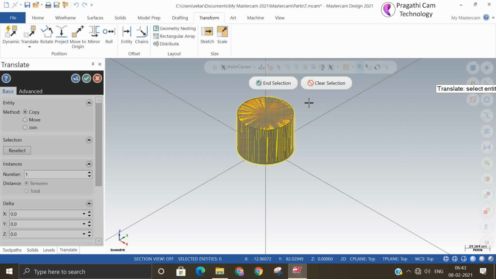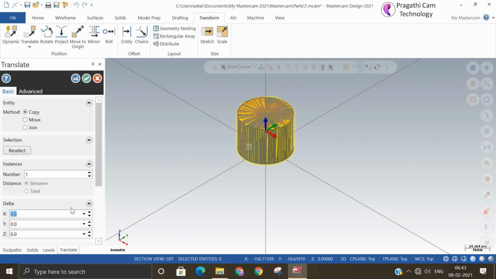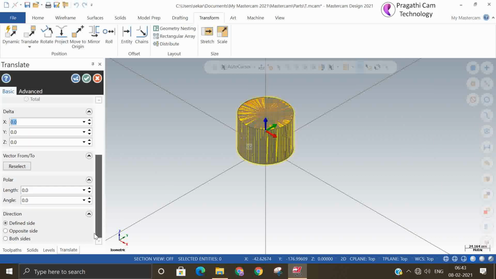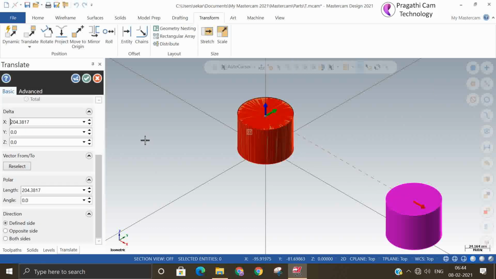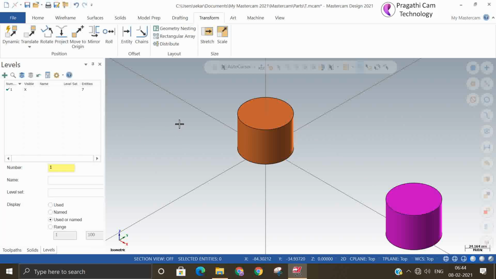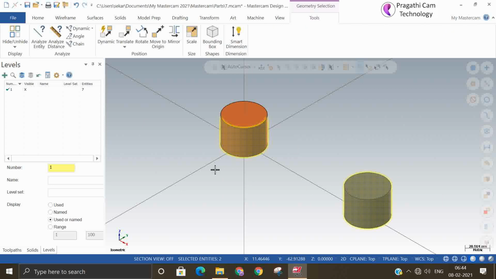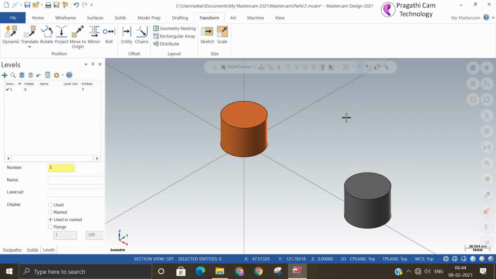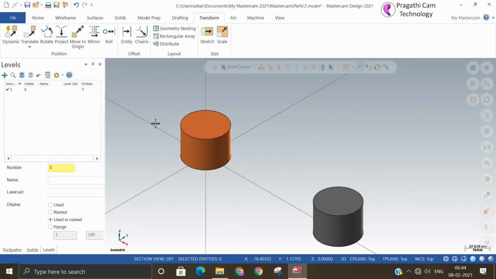So if you want to understand this, just transform all, surface model, all solid. Otherwise translate between two points. Okay, you can select vector. You can hold it approximately, no problem. Now you can see clear colors. Now you can see this is the surface model and this is the solid model. Some bug is there, I think. So that's the reason it is making them together.